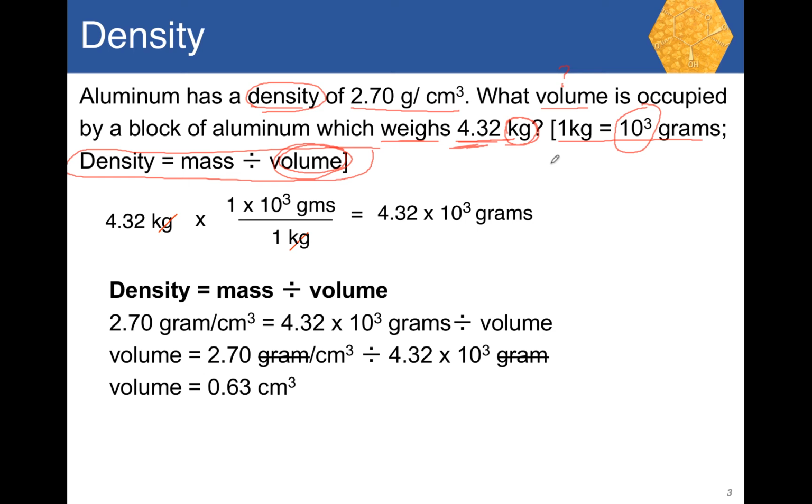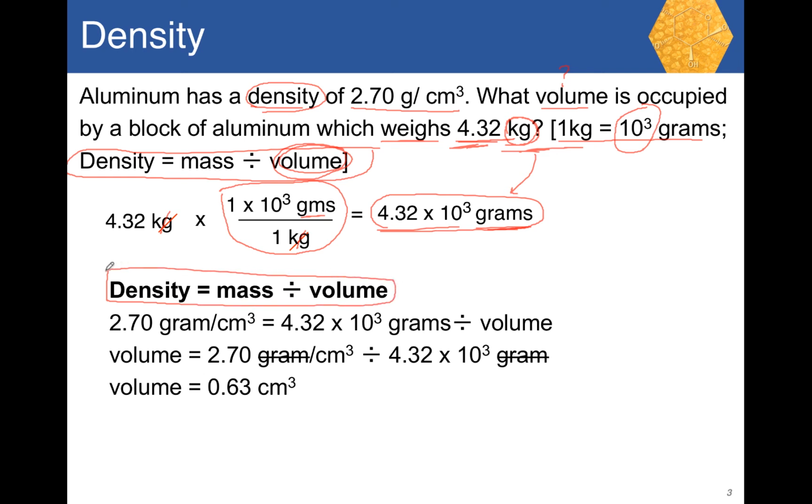So let's first convert this kilogram here to grams using the conversion factor. Here's the conversion factor right here. And it's set up so that kilograms will cancel kilograms, leaving grams as the answer. So this is 4.32 times 10 to the third grams. Now we have the weight. This is the weight in grams. So all we need next is to substitute that into that equation here. Making that substitution,